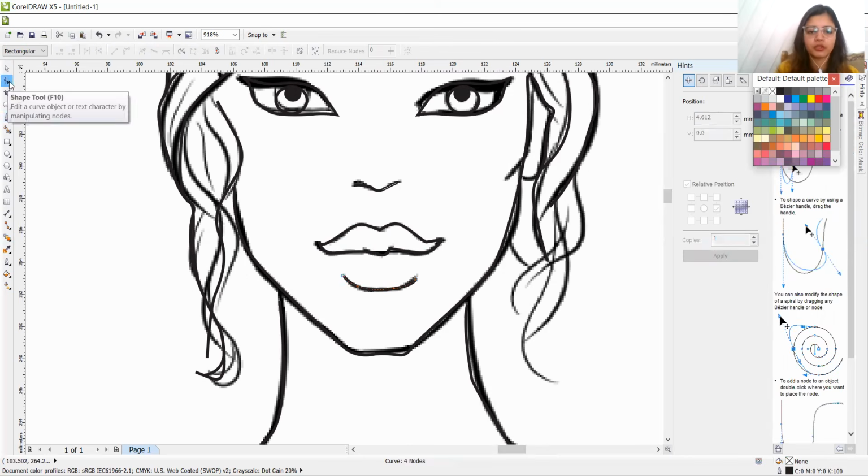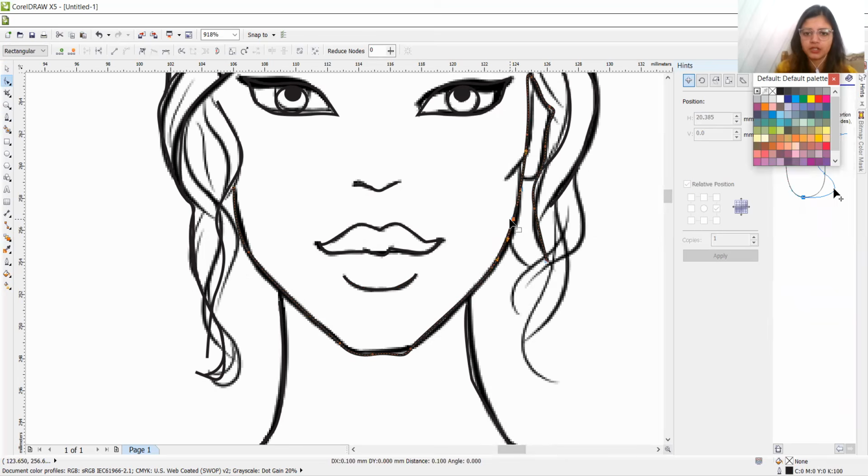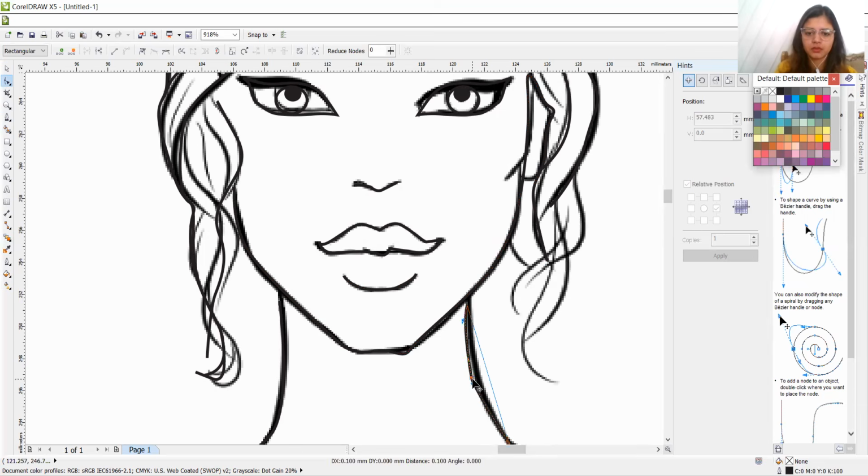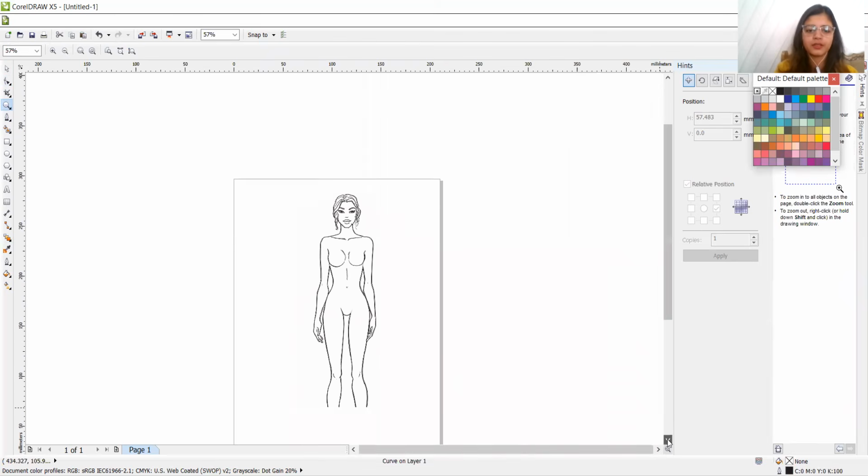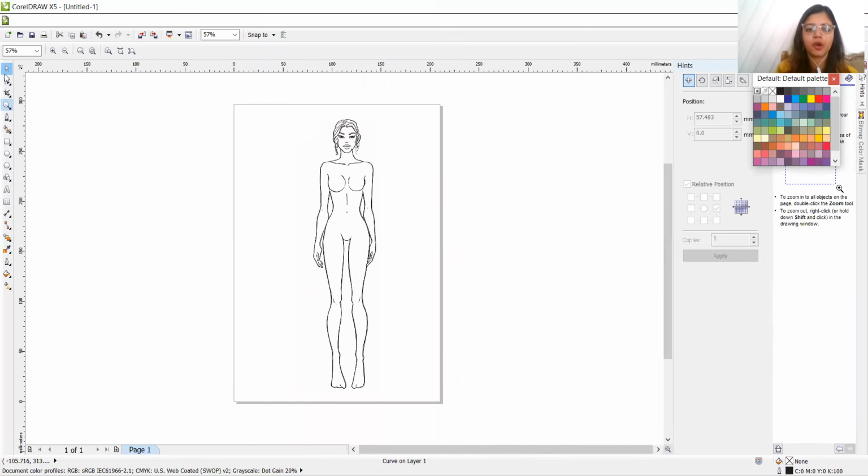Again, if you want to shape it, just shape it, or wherever you think the shaping is not done well, shape it there also. And ta-da! So now the croquis is properly made.